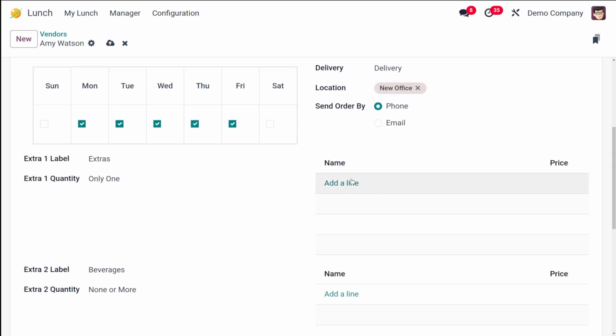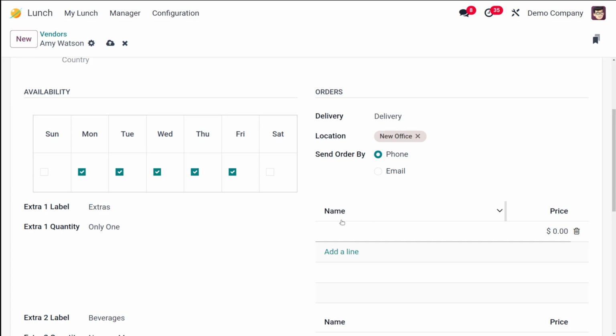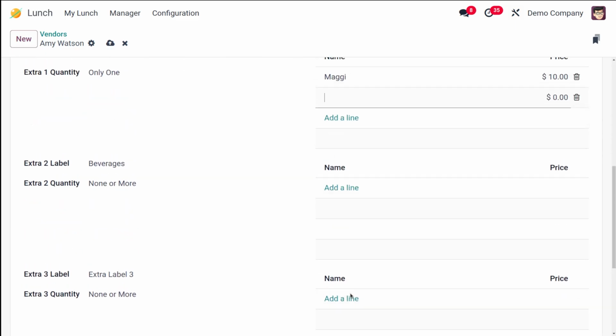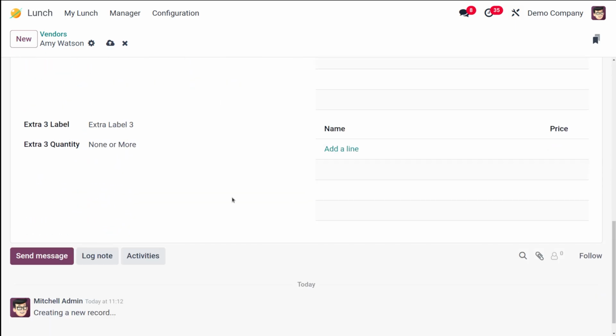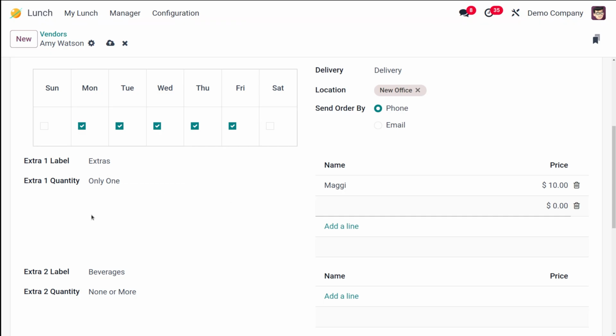And then you have this thing which is to add the items. So you can give the name as well as the price for this particular vendor, that is different products. So I'll put Maggie and the price I'm setting it to 10. Then similarly you can add multiple items over here. This is the extras actually. So for extras, the first one you can add anything. So I'll just put mayo. For that I'm charging 10.